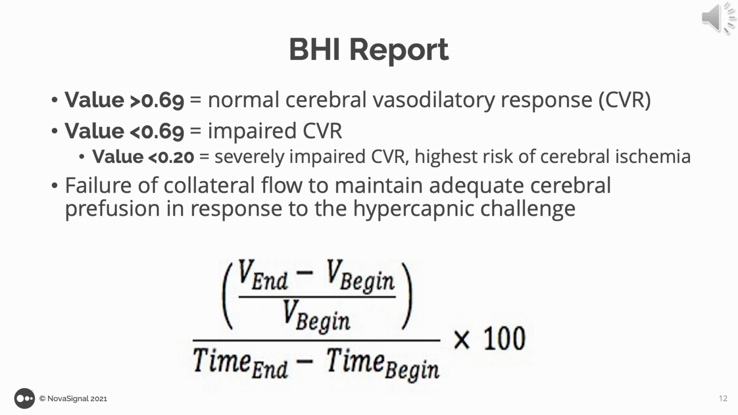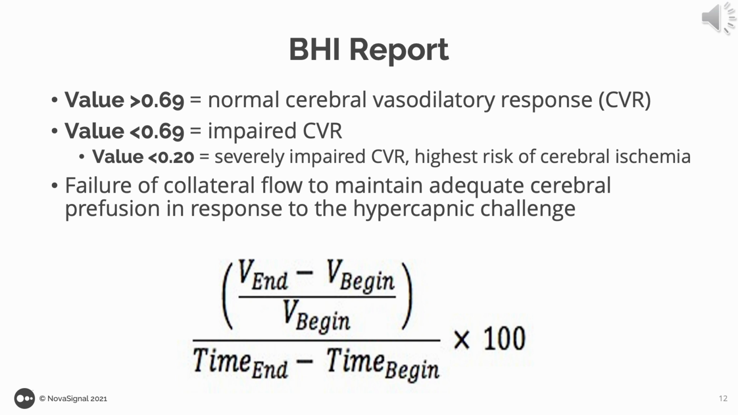What are we looking for in a breath holding index report? BHI values are calculated using a standard equation that can be seen here. A BHI of greater than 0.69 represents a normal cerebral vasodilatory response. Values less than 0.69 represent impaired CVR, and values less than 0.20 represent severely impaired CVR and high risk of